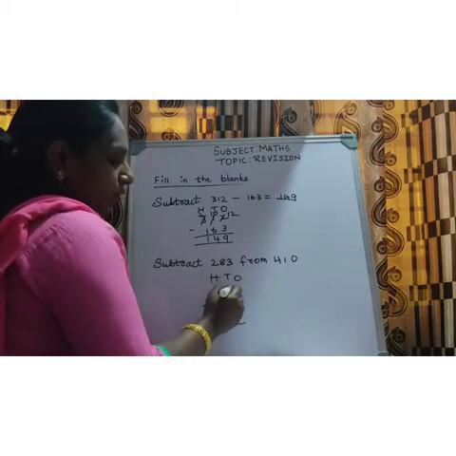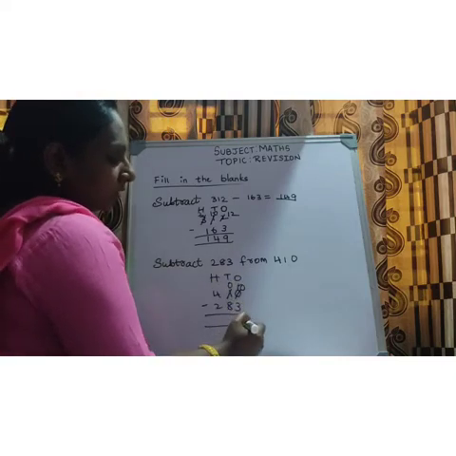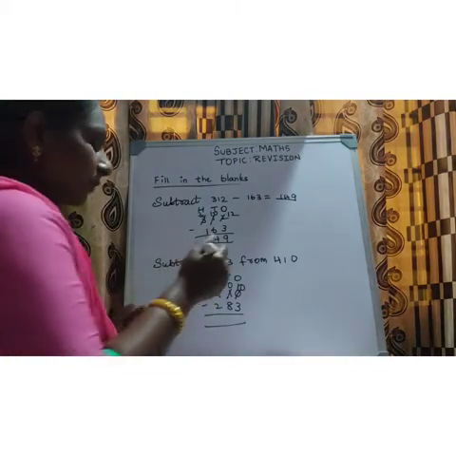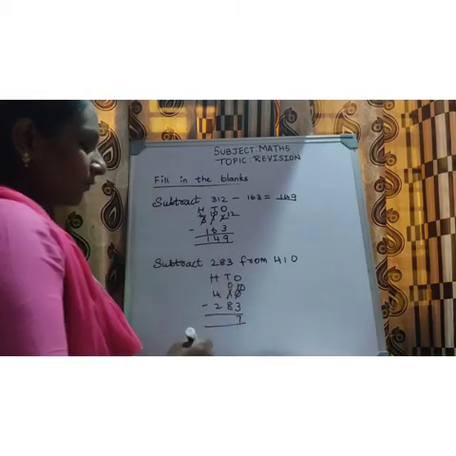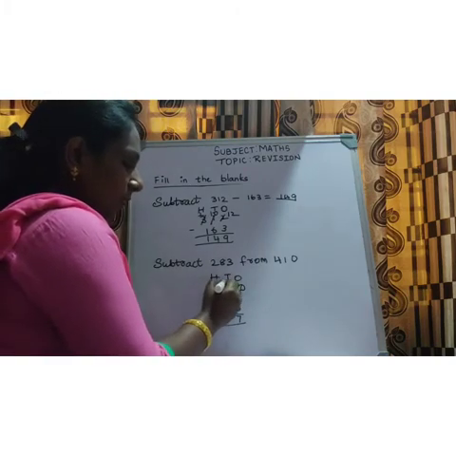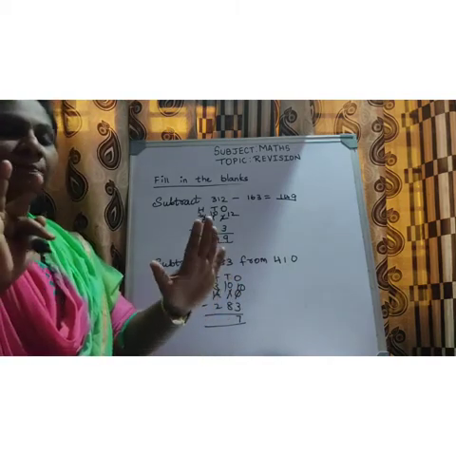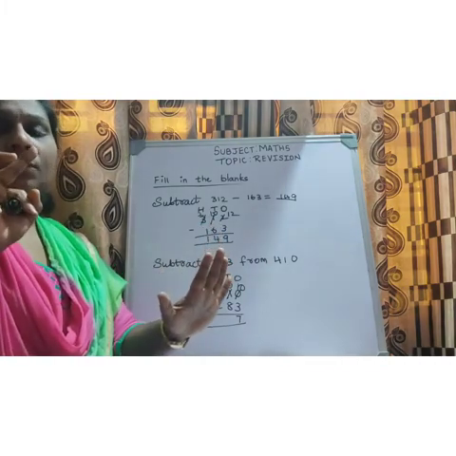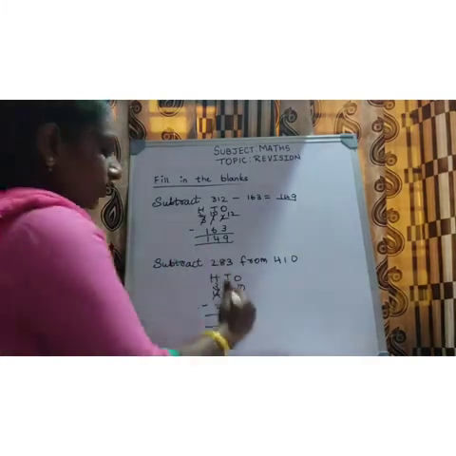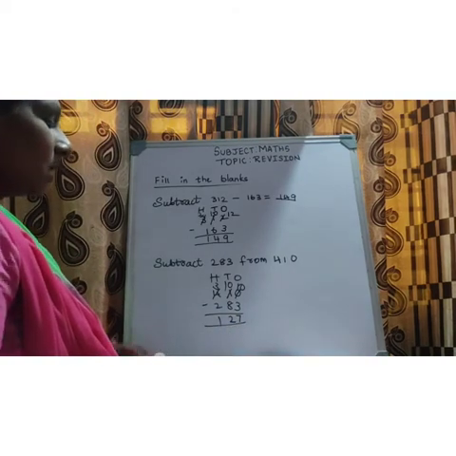You should borrow 1. So when you borrow 1, here it becomes 10 and here it becomes 0. Okay. 10 minus 3. 10 in your mind, 3 show it in your finger. Before 10: 9, 8, 7. So here it is 7. Here you have 0. From 0, can you take 8, children? No. So what you should do? You should borrow 1. Here it will become 3. Here it will become 10. So 10 minus 8. 10 in your mind, 8 show it in your finger. Before 10: 9, 8, 7, 6, 5, 4, 3, 2. So here it is 2. So 3 minus 2 is how much? 1. Okay. So the answer is 127.